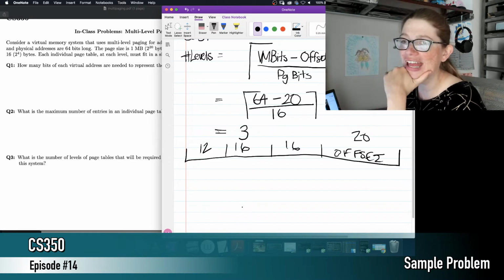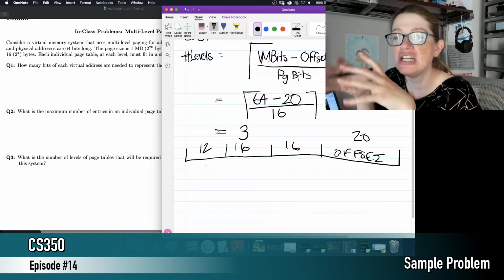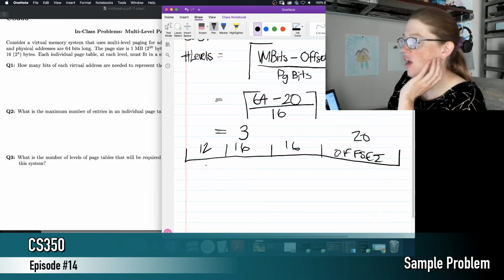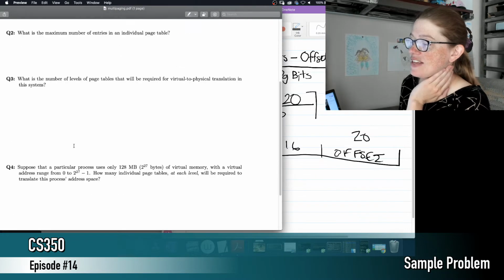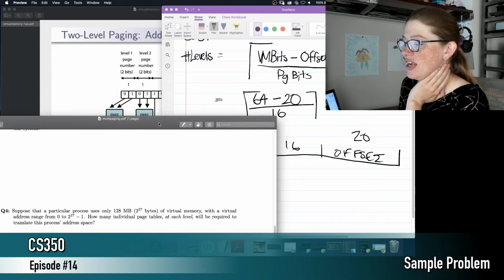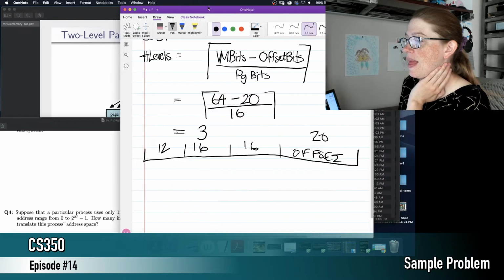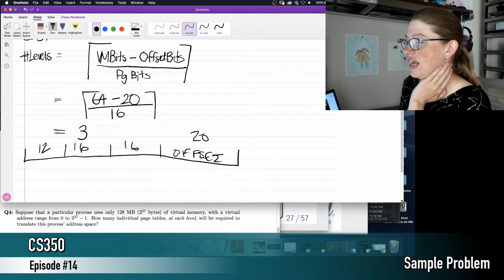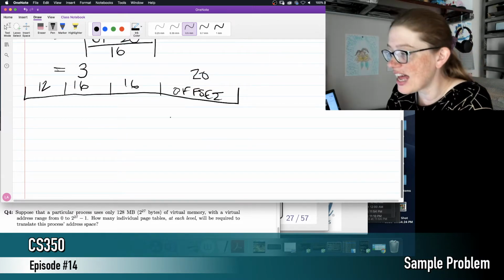Don't worry about how I've laid this out. If we ask you a question about how many bits are used for each level, we would tell you what kind of scheme we want you to use when it doesn't divide up evenly. This diagram is actually going to be really helpful for the last question, which is actually the hardest part of this particular page. So I'm going to stick that right there, and then I want to give myself some space so that we can actually do this. So the last question is asking,